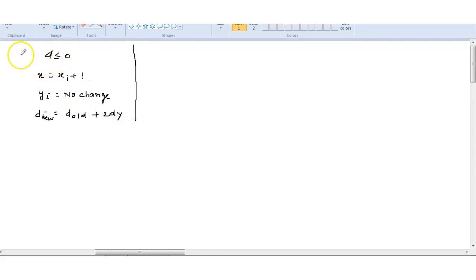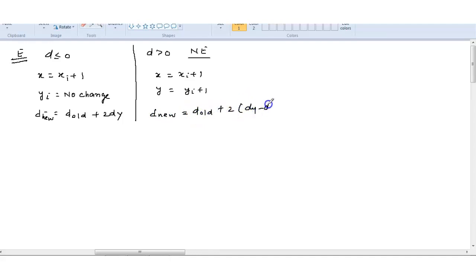When d is greater than 0, we are choosing the northeast corner. That time x will be incremented by one, y will be incremented by one, and d new will be d old plus 2 times dy minus dx, and d start will always be 2 dy minus dx. So this is the full summary of